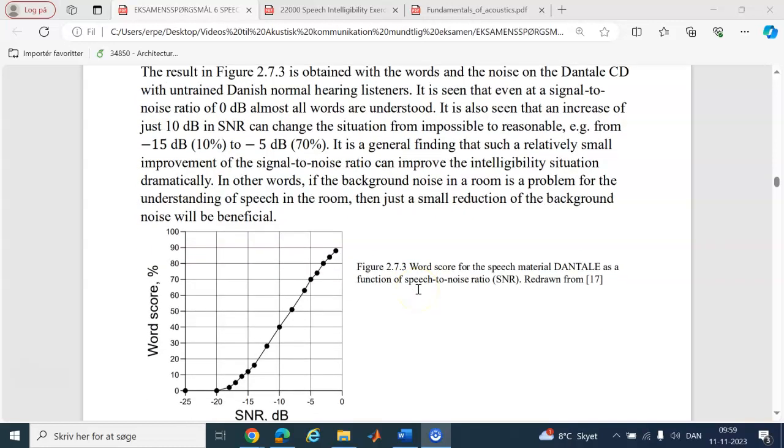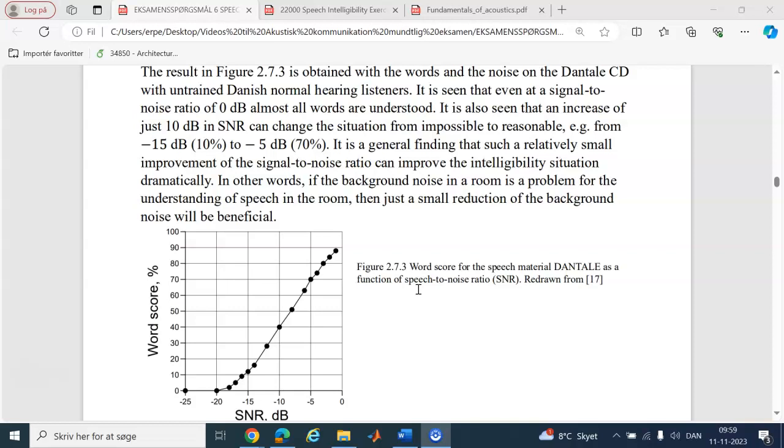It is also seen that an increase of just 10 dB in SNR can change the situation from impossible to reasonable. For instance, from minus 15 dB, meaning 10 percent word score, to minus 5 dB gives 70 percent word score. It is a general finding that such a relatively small improvement of the signal to noise ratio can improve the intelligibility situation dramatically